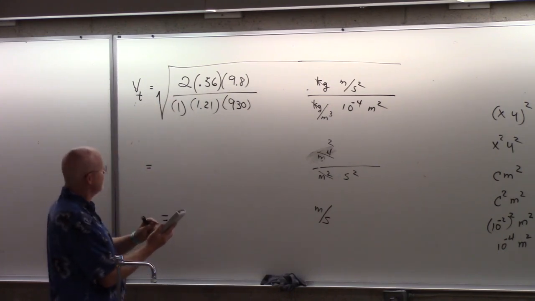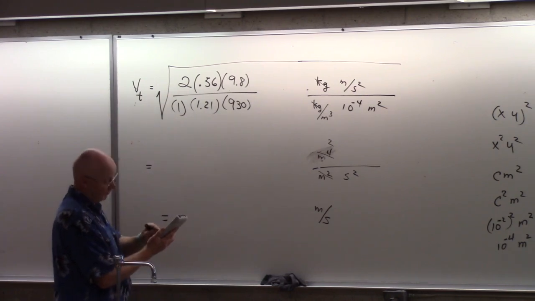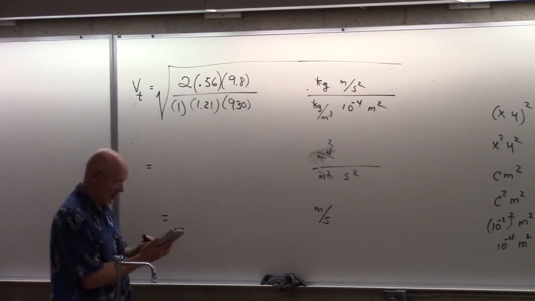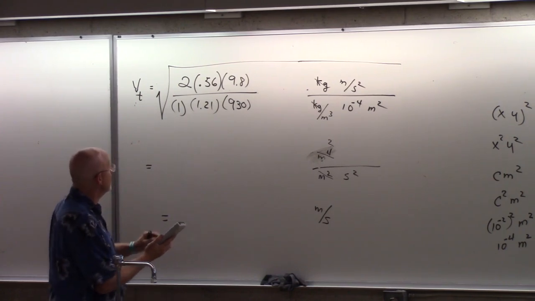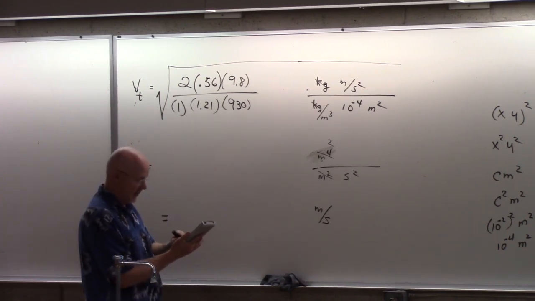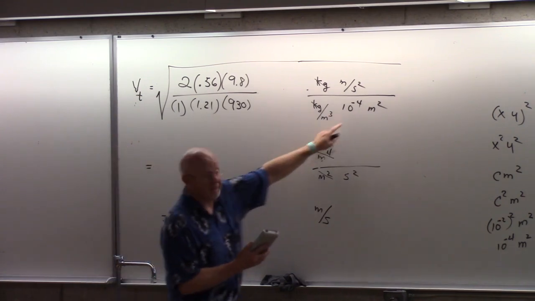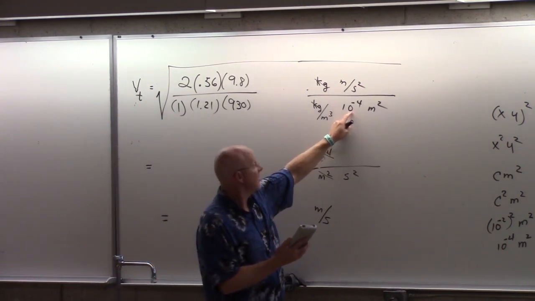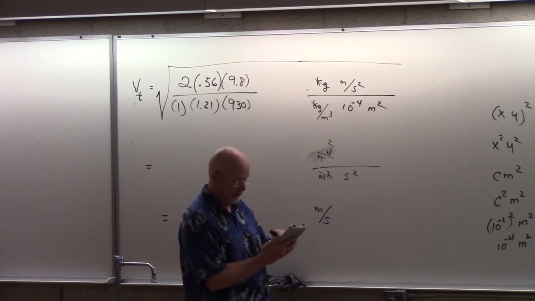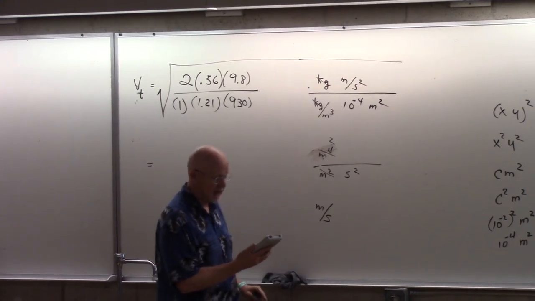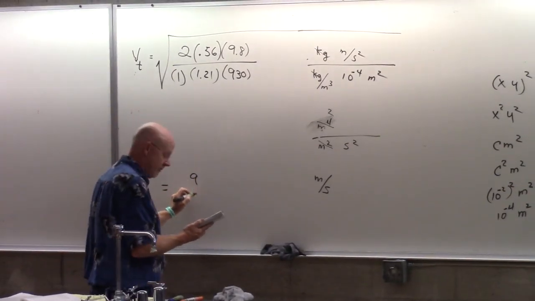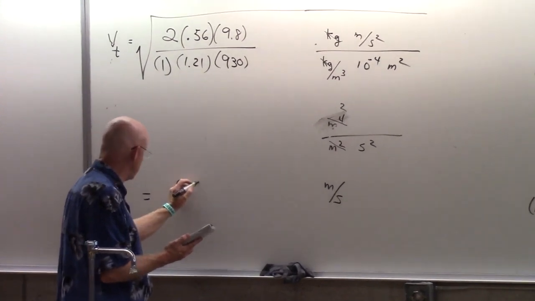So it's 2 times 0.56 times 9.8 divided by 1, that's a waste of calculator, divided by 1.21 divided by 930, and let me not forget this number hiding over here, divide by 1 times 10 to the negative 4, and then last step, take its square root, and the terminal speed of this squirrel is really pretty low, only